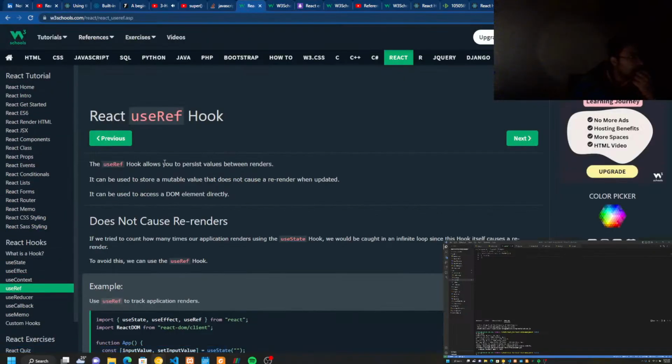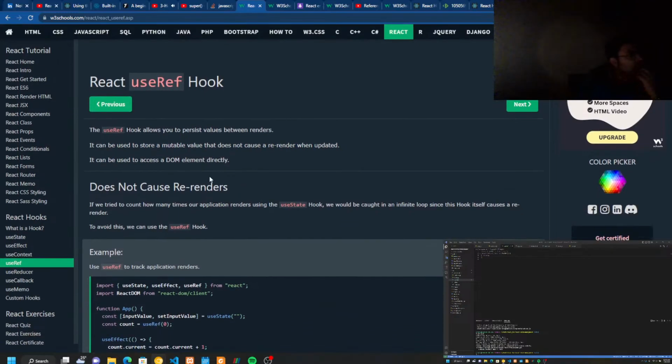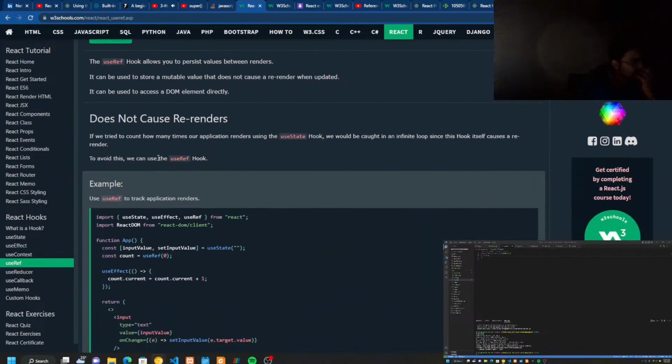useRef persists a value between renders. It is a mutable value that does not cause a re-render when updated. It can be used to access the DOM element directly. If we try to count how many times our application renders using